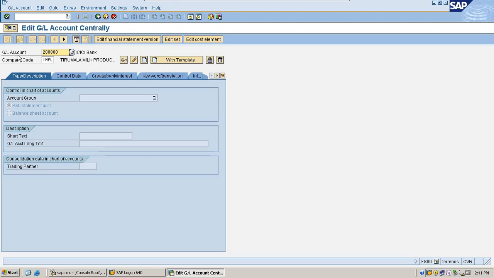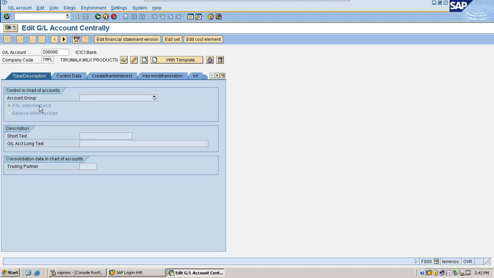If you see the fields in ECC, we give the GL account and the company code. The GL account is based on the account group. So whatever account groups you create in the default transaction, the GL ranges, there you can select the GL account for the creation. Here I have created four groups: assets, expenses, income, liabilities. I can select any one of them, but this account group remains the same.